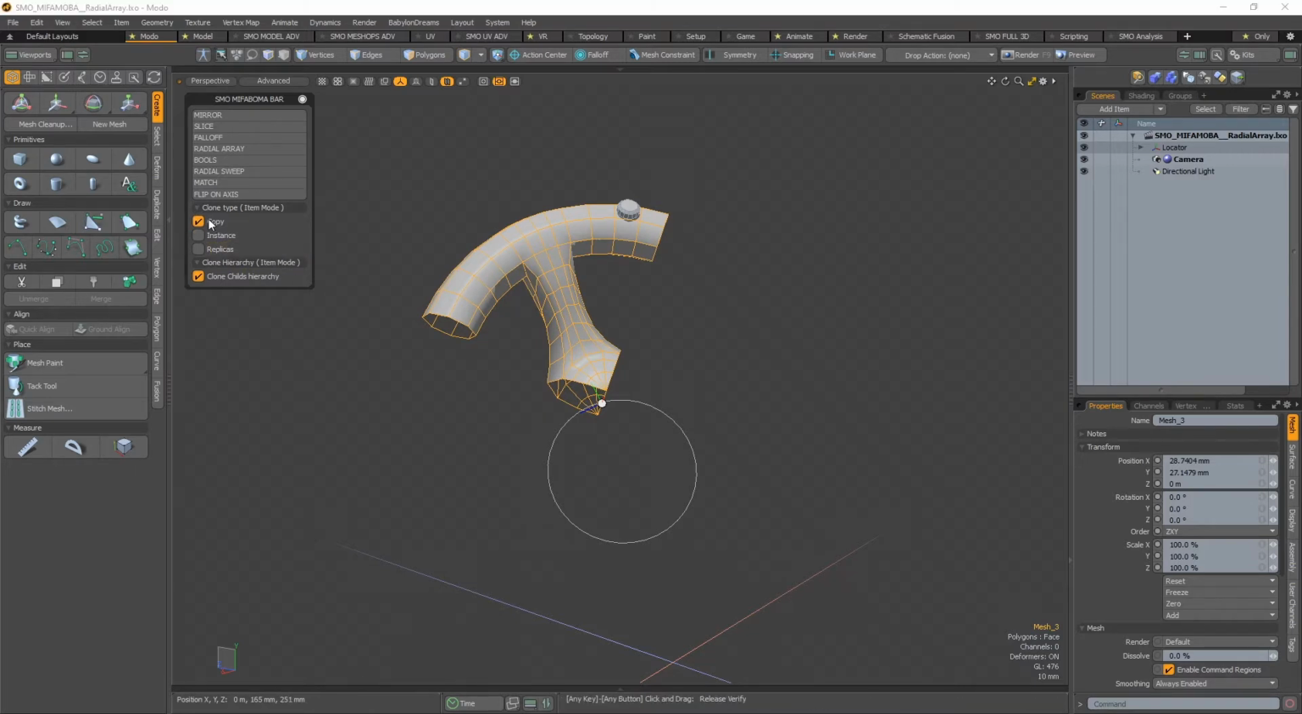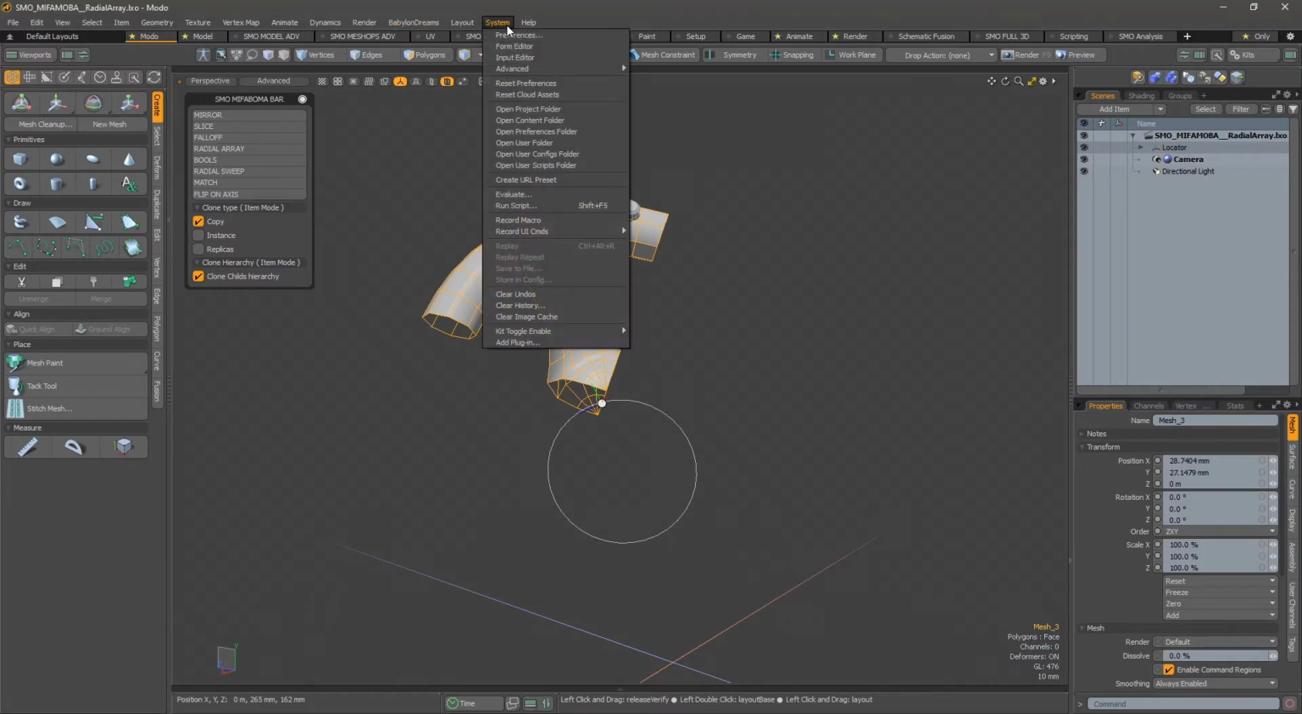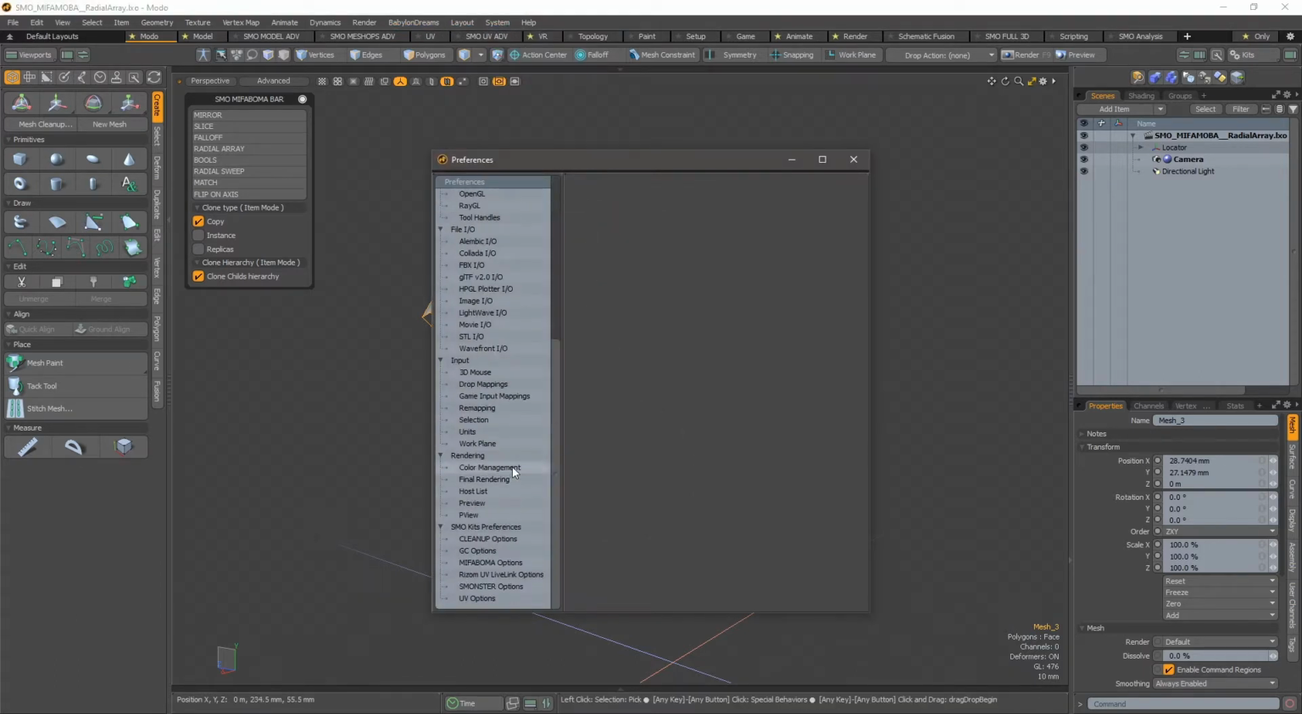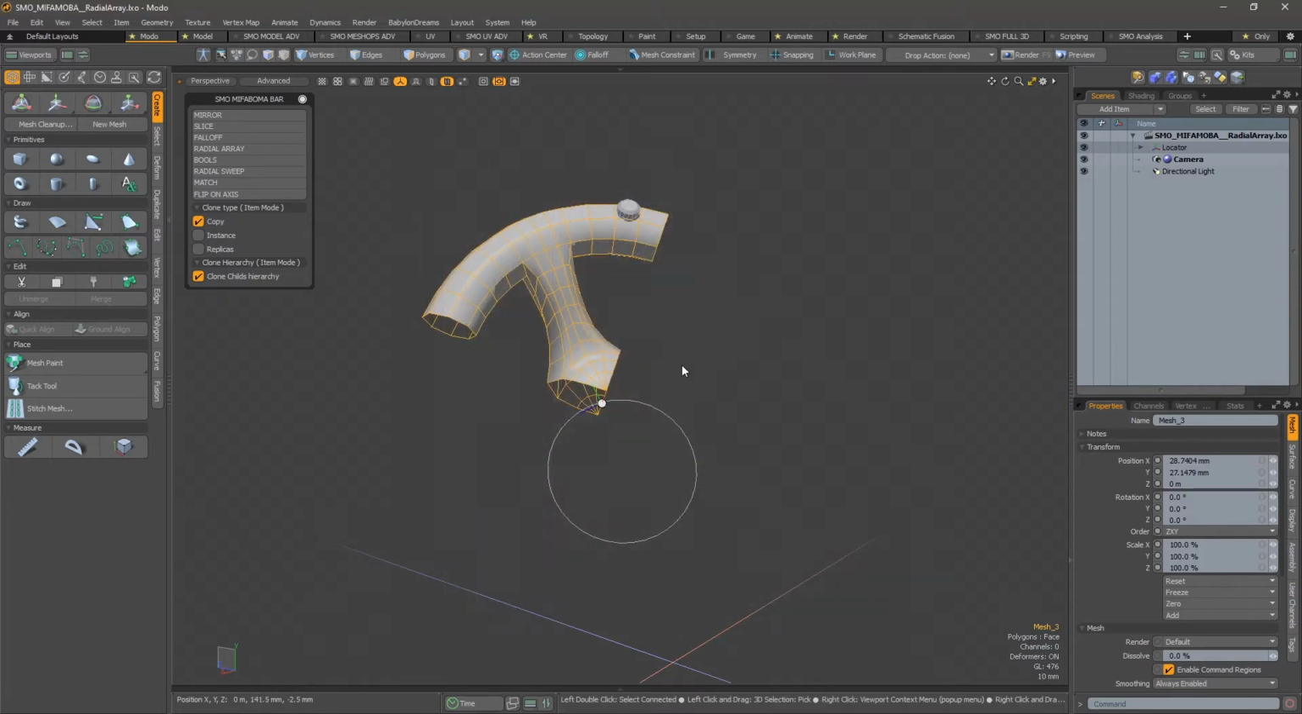Here you have access to preferences. Usually when you go to the preferences here, you have the MIFABOMA options that are there. You can define what cloning type you want, but you also have access to those here in the menu bar. So here,